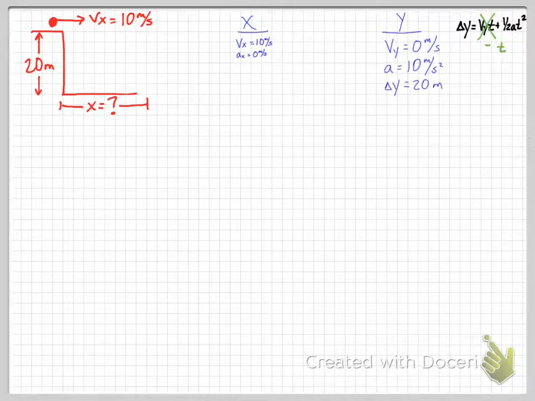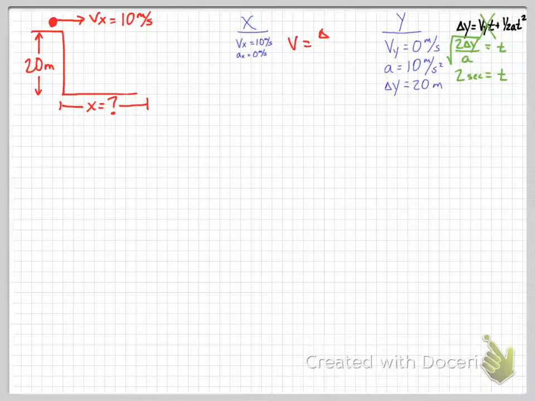And since our initial velocity in the y direction is 0, we're able to cancel that out, and we end up with the square root of 2 change in y over a equals t. And you plug in all of your numbers that you have given, and you'll get 2 seconds. And that makes things very nice, because then we can just take that time over to the x direction material and plug it into the constant velocity equation, knowing that acceleration is not affecting